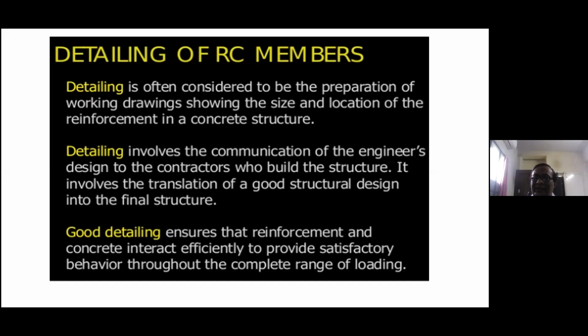So there is a connection between beam to beam connection. There is a connection between beam to column connection. Now, how are we going to detail it? The detailing is done in such a way that the force has to flow smoothly to all the structural members, and then finally it goes to the foundation and then soil. So the smooth flow of forces is ensured by proper detailing.